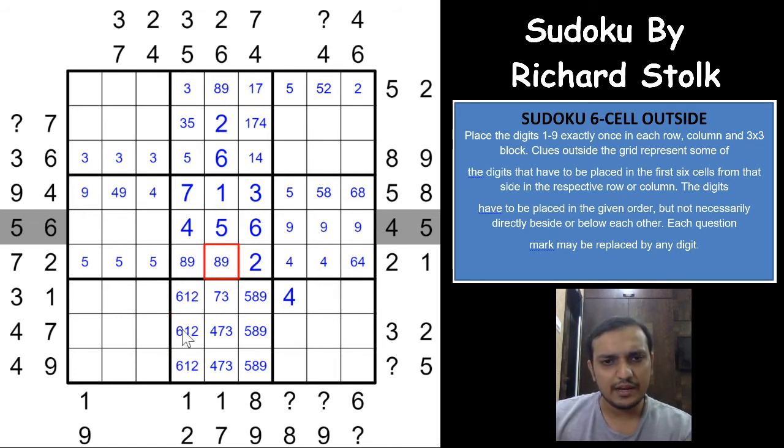So which means that both 1 and 2 will have to be in one of these 3 cells, right? You cannot have 1 and 2 here, which means that first 2 digits would have to be 2 and next 2 digits would have to be 1, and all the digits would have a 6 here. Nice. And what an excellent way the Sudoku is getting progressed, right?